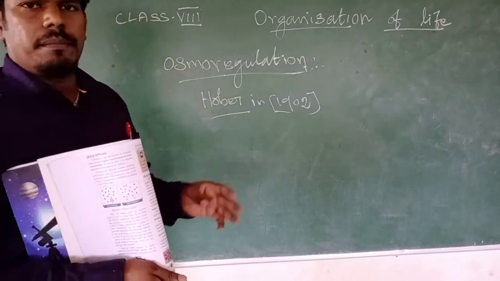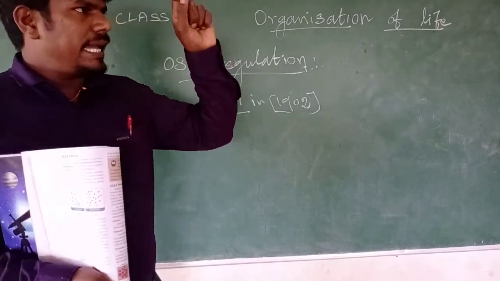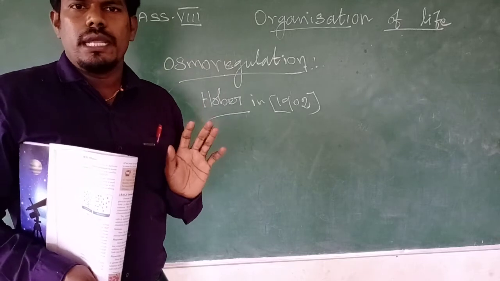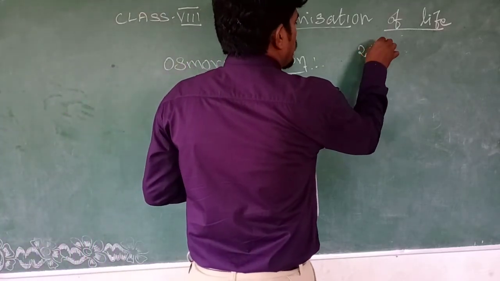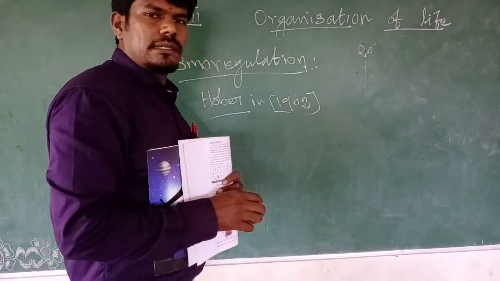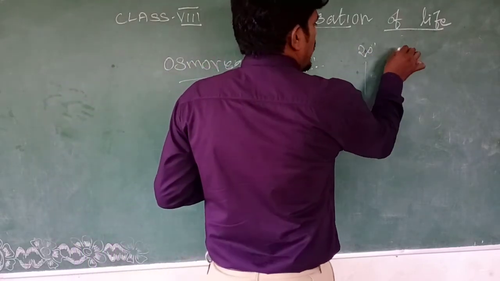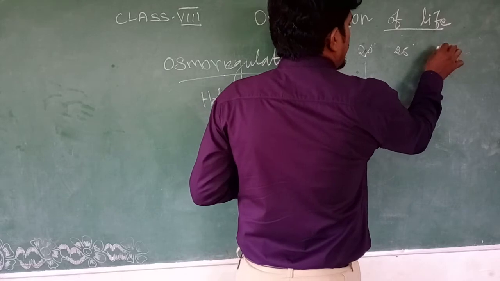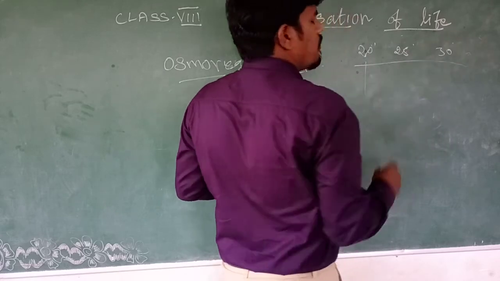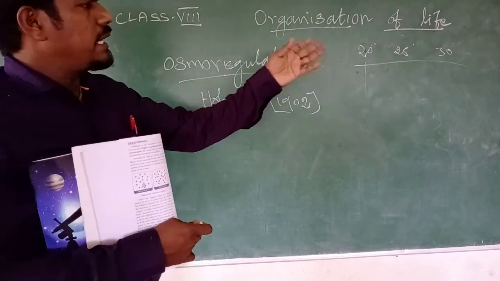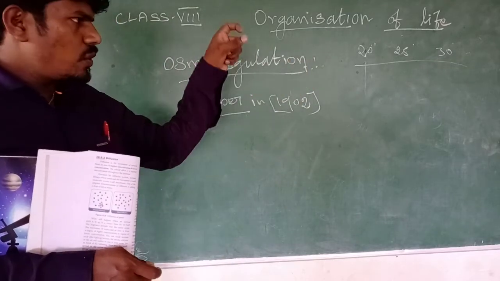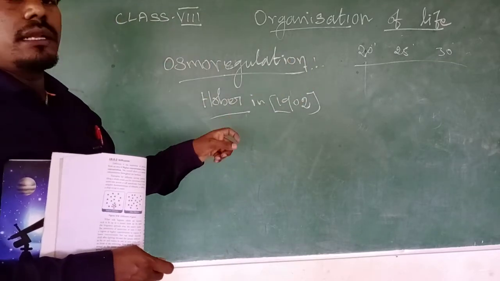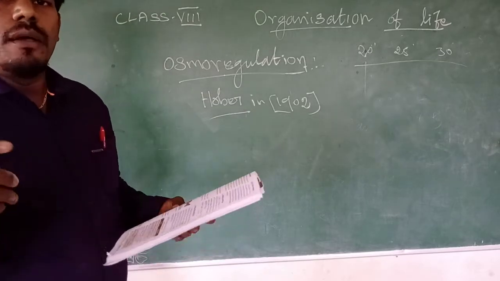Before the class I have covered this. It is very simple: how to maintain the same level of body temperature. Now, say the present body temperature is 20 degrees and you want to maintain 20 degrees Celsius. If it then increases to 25, or even 30, it is not homeostasis, because the temperature is not maintained at the same level. Maintaining it evenly at the same level is what is called homeostasis in the body.